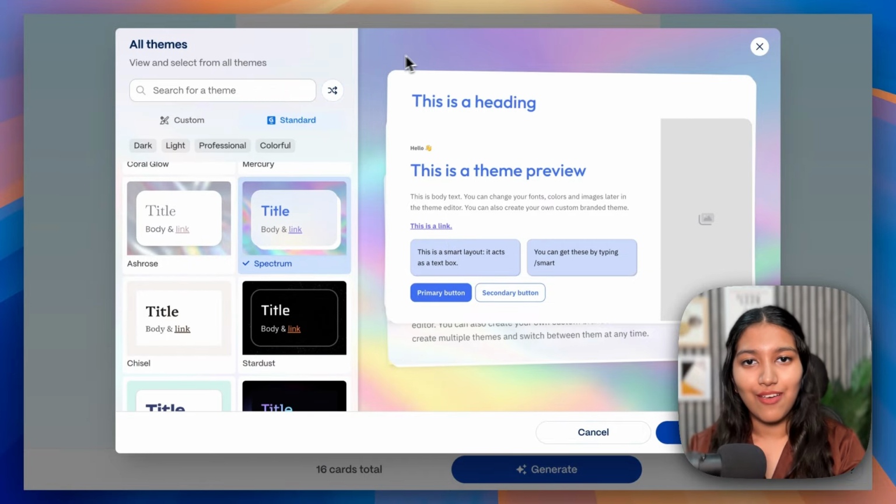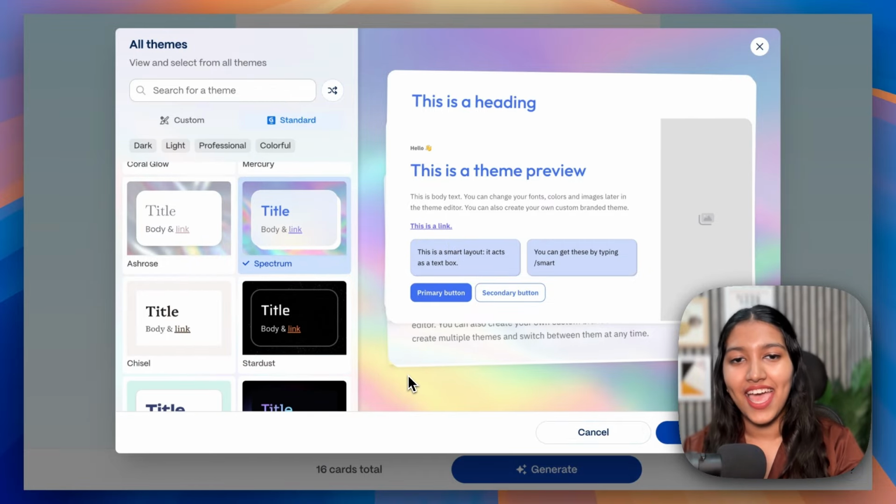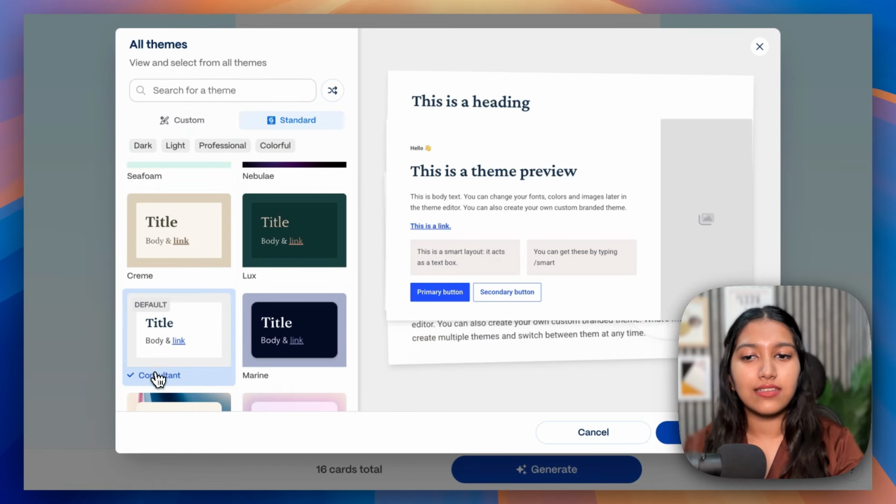Because I remember just having a look at this one, I selected it, and then later on I was like, where's my gradient? I feel that the consultant theme is one of the most professional themes out there. I love the font, I love the way they have put the colors, etc. And that is why this is also my default theme.